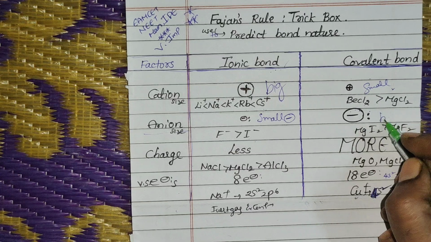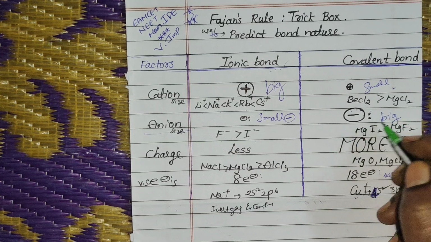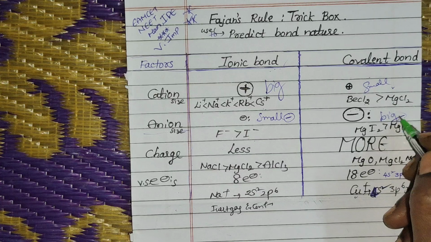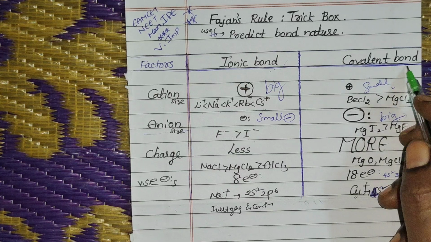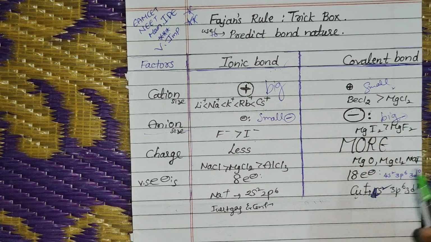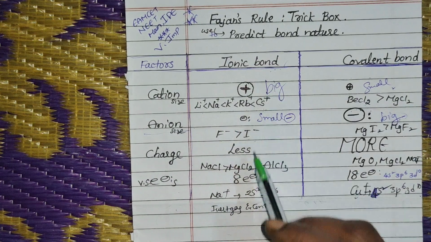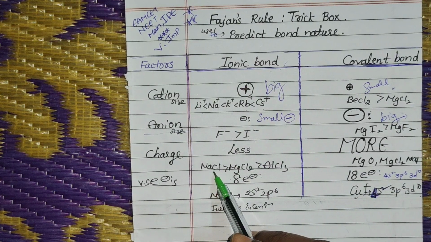Why? Because a big anion, with a big negative charge, favors the covalent character. Okay, the extra electrons, remember like that. Next, the charge criteria: less charge prefers the ionic bond. Example,